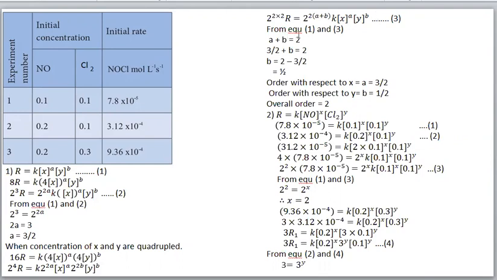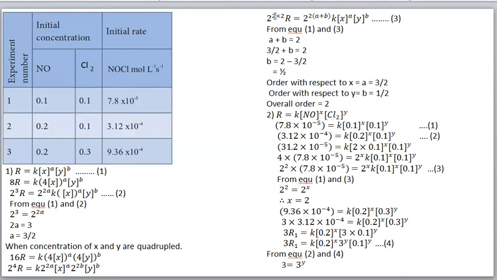Now comparing equation 1 and 3, this equation and this equation you compare. This R is here also, we can cancel it. This K, X to the power A, Y to the power B, that term also we can cancel. Or we can say equation 3 divided by equation 1. Okay, that is what we are writing. Now you see what we will get, 2 to the power 2 into 2 equal to 2 to the power 2 into A plus B.